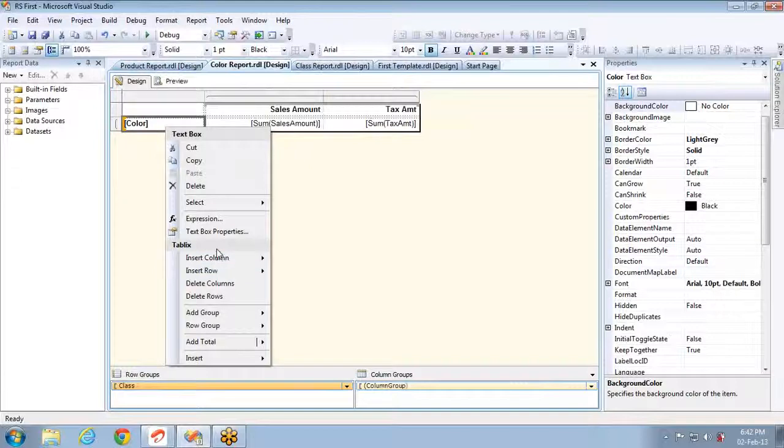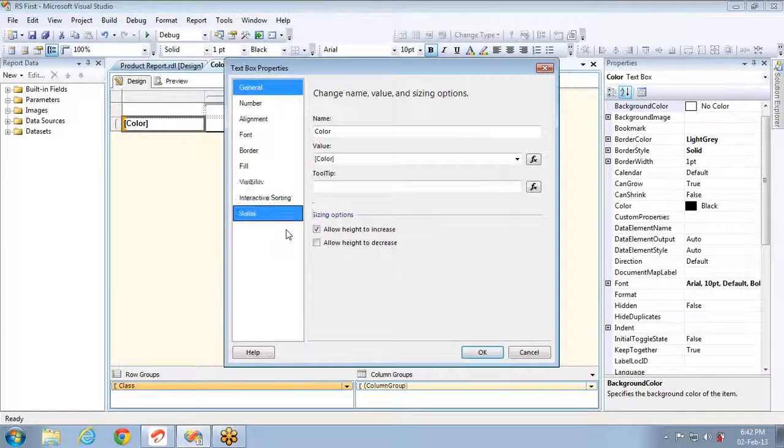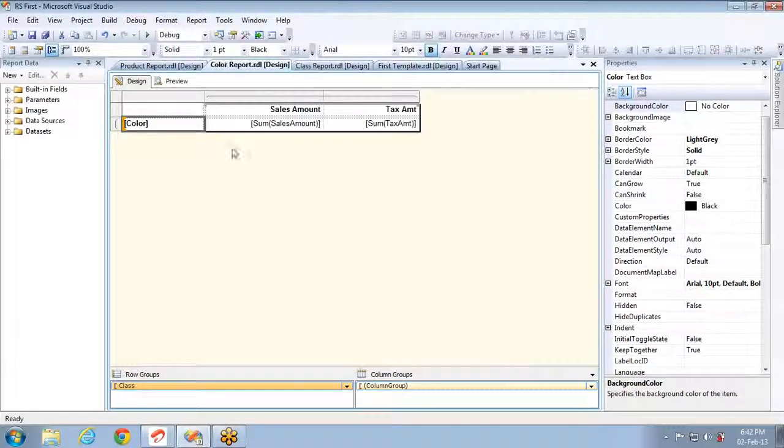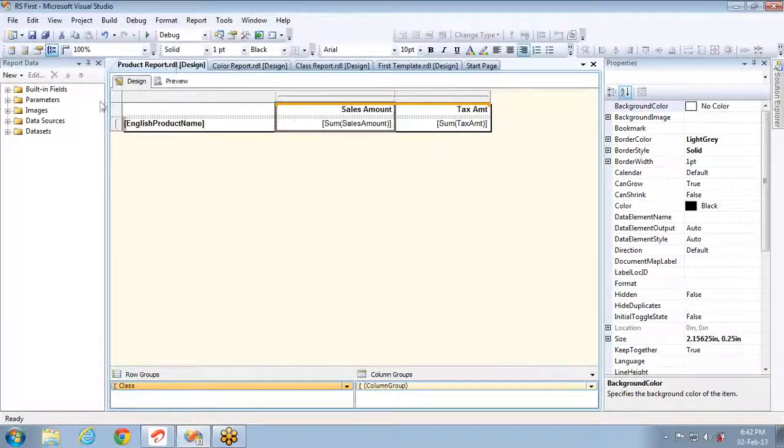So what I have to do? Right click, go to the text box properties, and in action page you already passed one parameter, and the next parameter, oops, it is not showing. Just a second. Let me check where the problem is. The product report, I added two parameters, class and color.